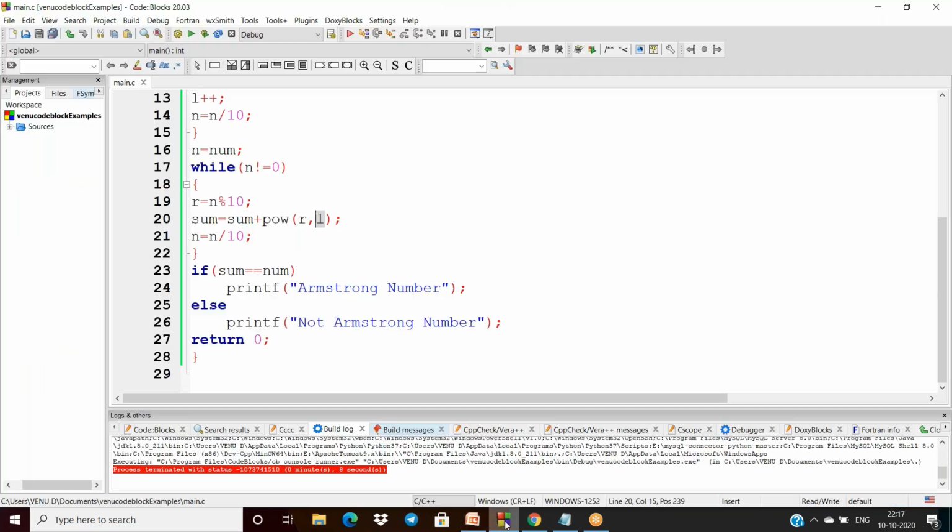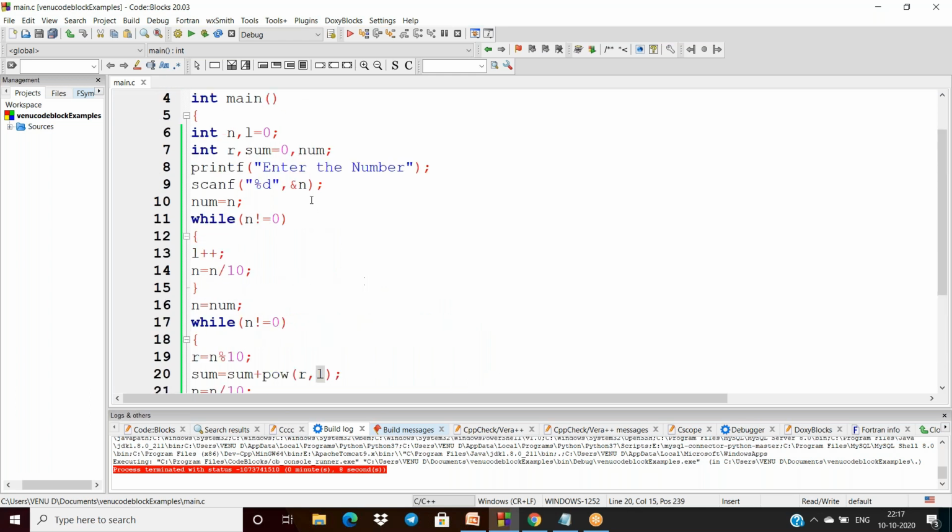Okay. And to implement this, we already have the code for checking whether a number is Armstrong or not. So what I am doing here, first of all, I have to read the number. I am reading the number, this is my n. In this case, n is the range, and up to that we have to find out.